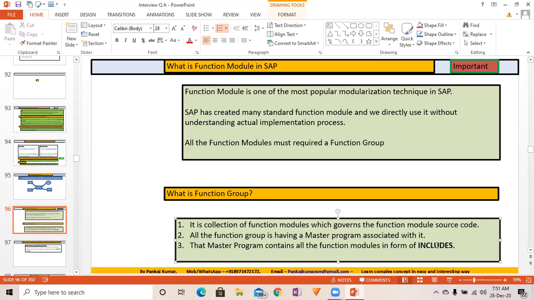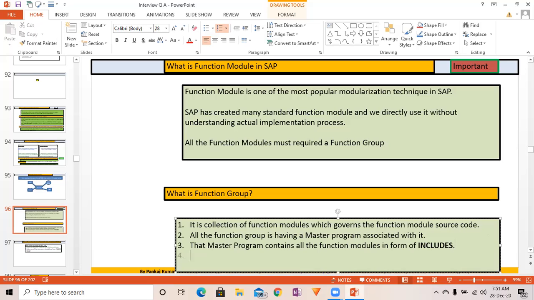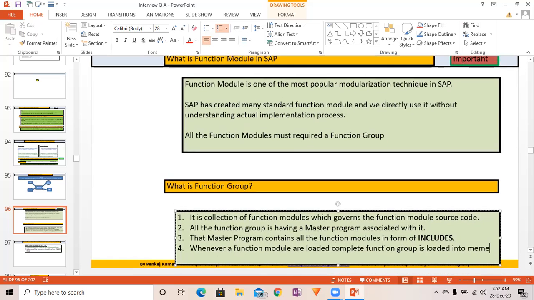And whenever a function module is loaded, the complete function group is loaded into memory. Okay,